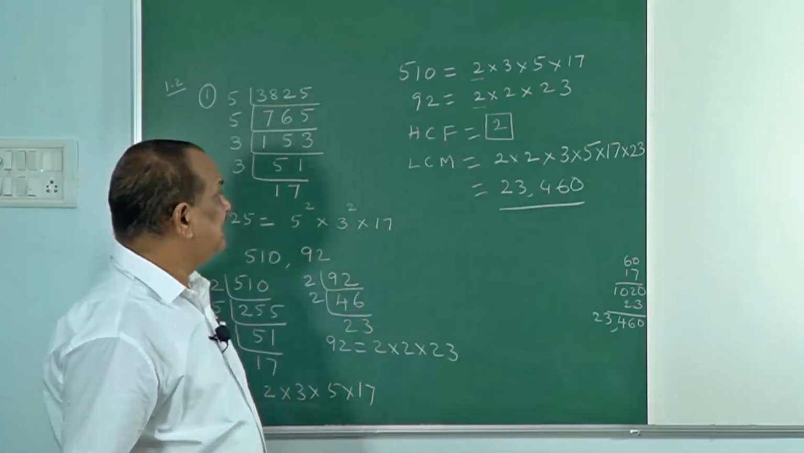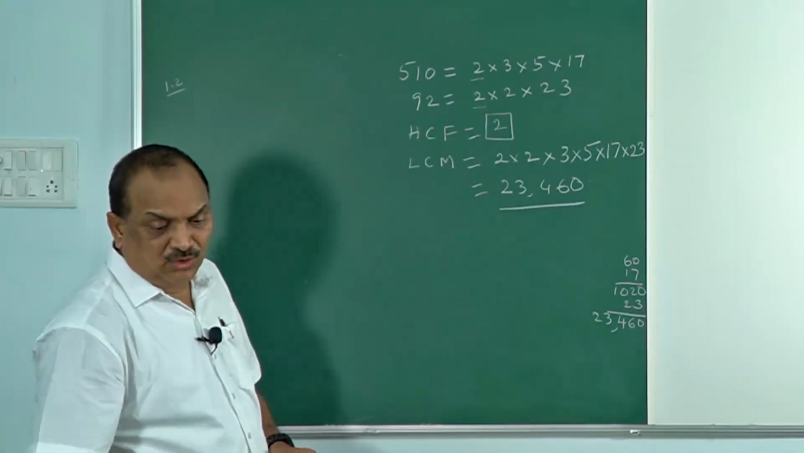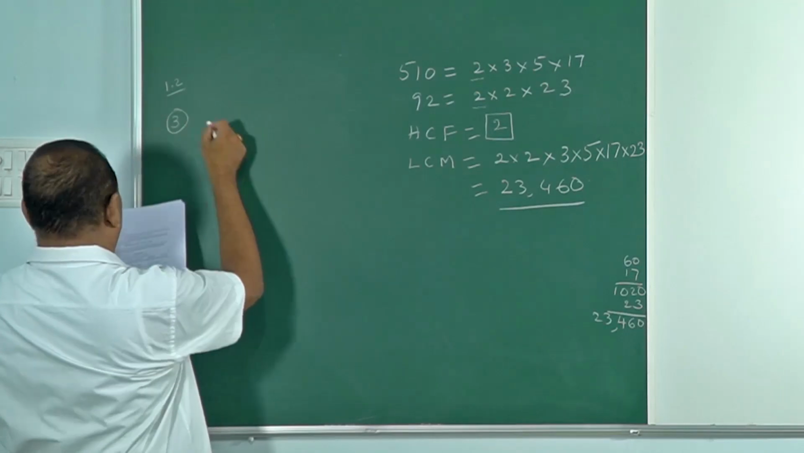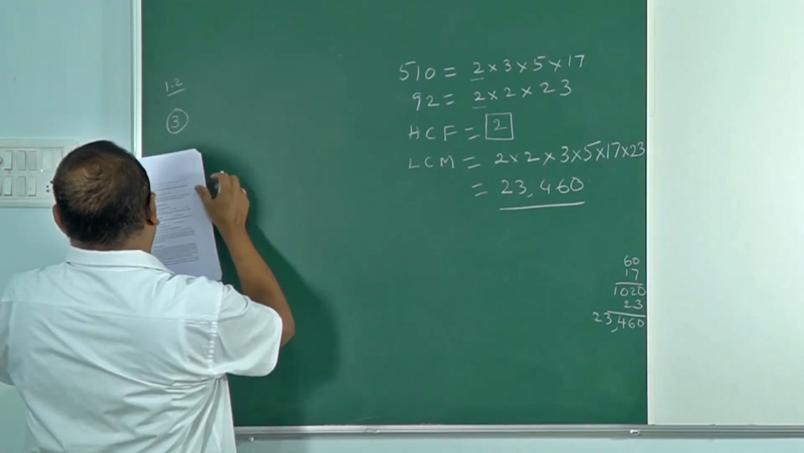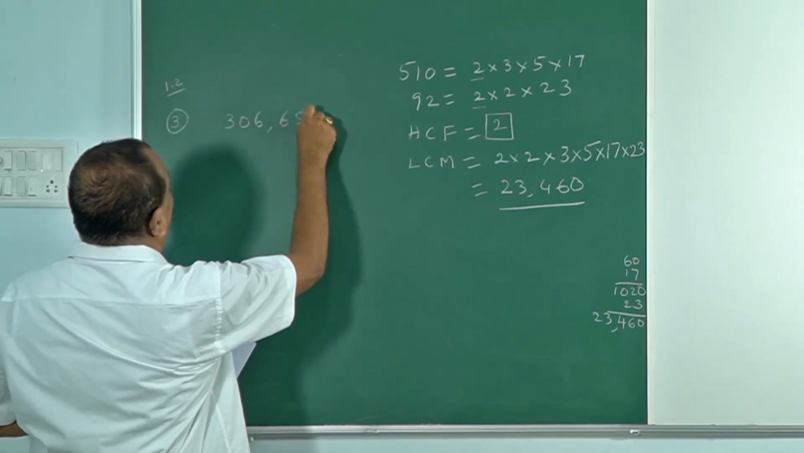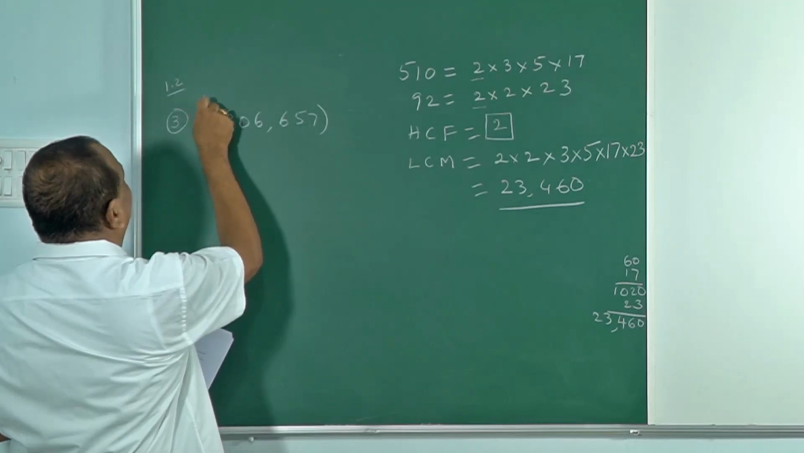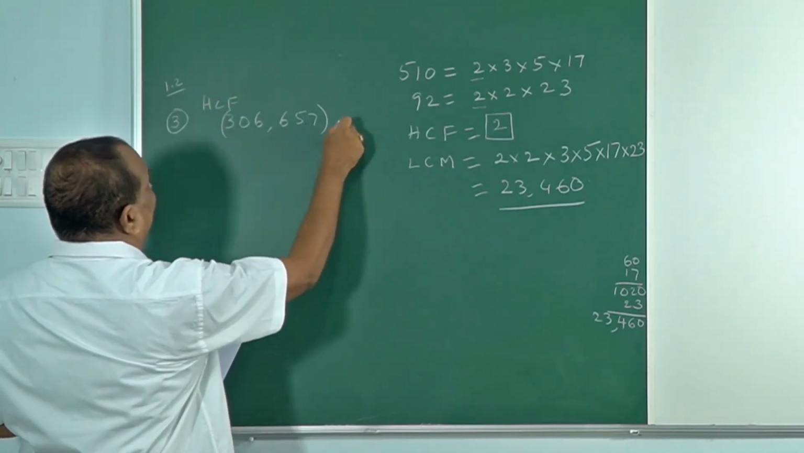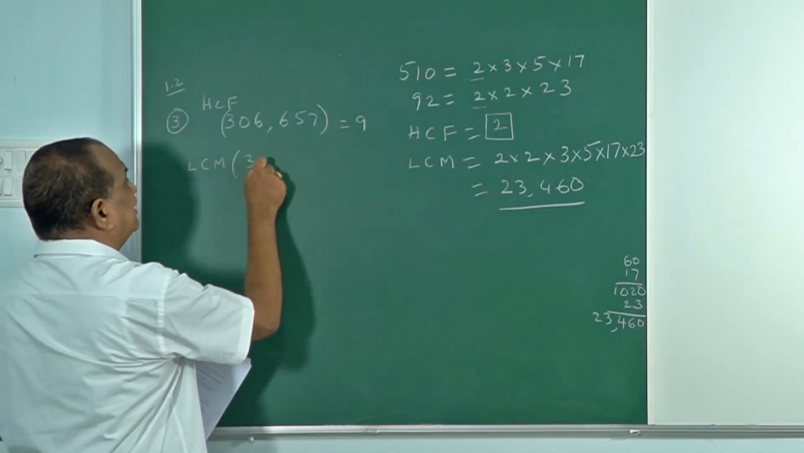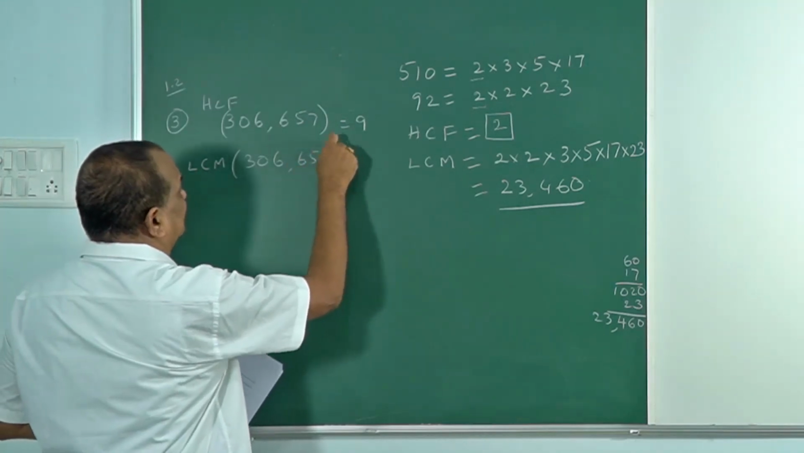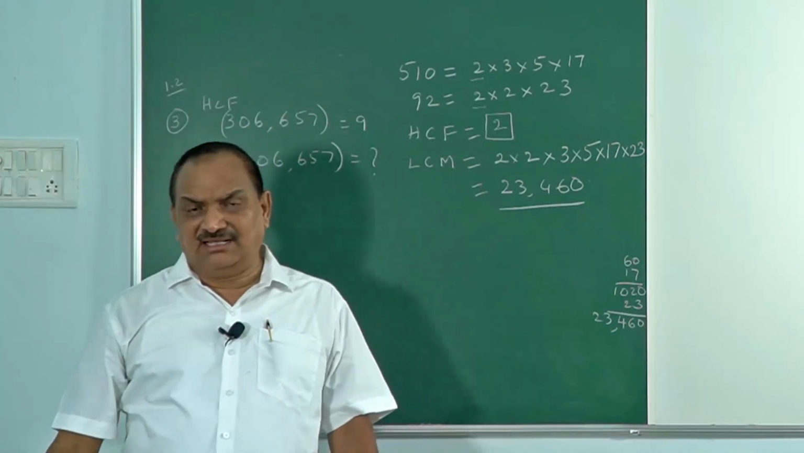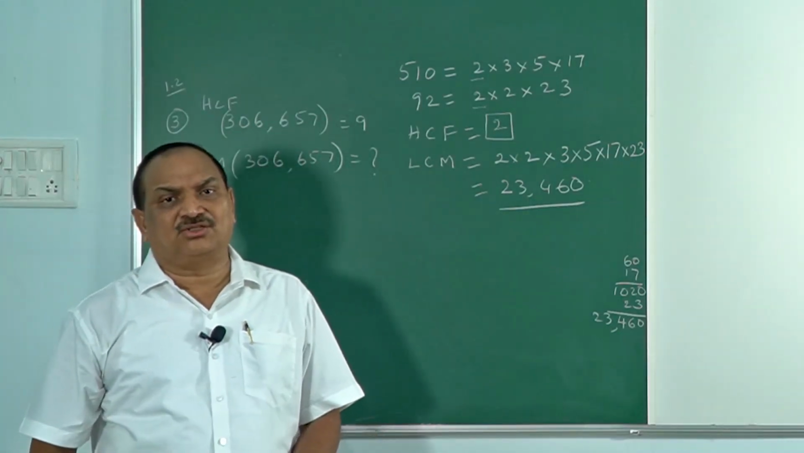Okay, this is like, you are given HCF. I am taking my third problem. Let's say HCF of 306 and 657. For these two numbers, HCF is given as 9, and LCM of the same two numbers you should find out. Question is that. Okay, so there are two numbers given and you are given the HCF also, and you need